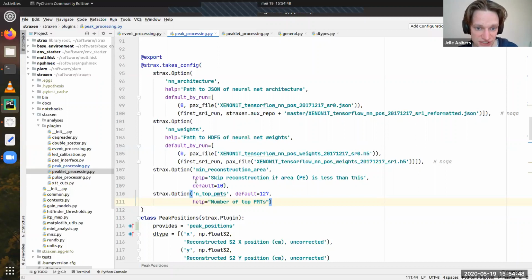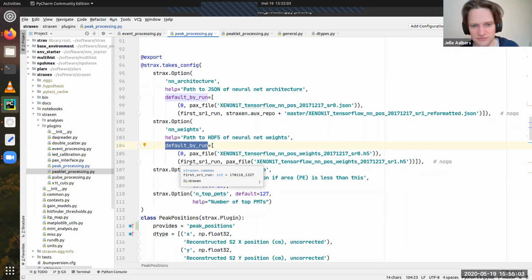So you can specify defaults for options like this, and you can also specify more complicated defaults. One thing I would ask you to please not do is this default by run thing. What this does is it makes a default run dependent. That is something from an old version of Strax. I used to think that was a good idea, and I realized that is actually a very bad idea, because